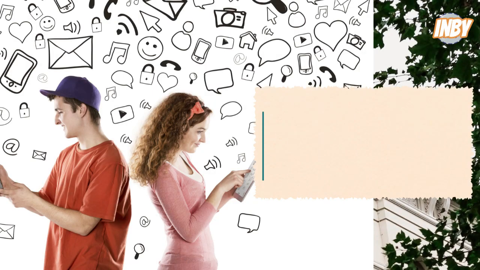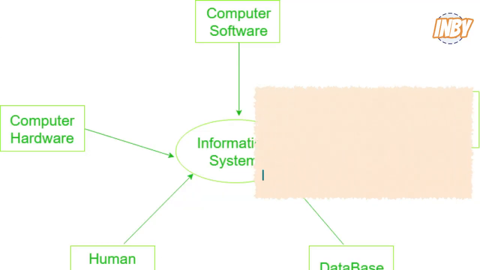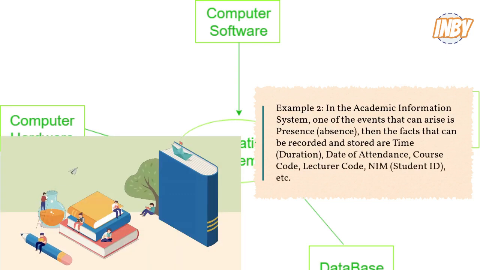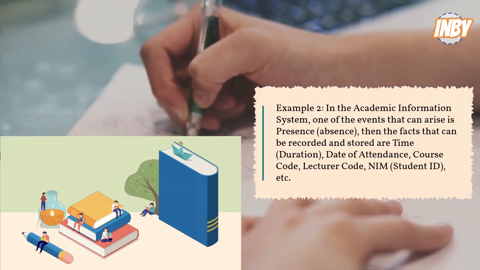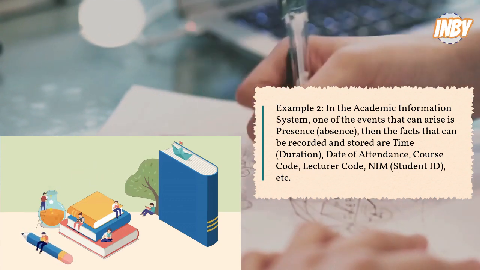The number of facts stored and the number of objects involved depend on the scope of the system being built, and what information is needed. Example 2. In the academic information system, one of the events that can arise is presence, absence. Then the facts that can be recorded and stored are time, duration, date of attendance, course code, lecturer code, NIM,